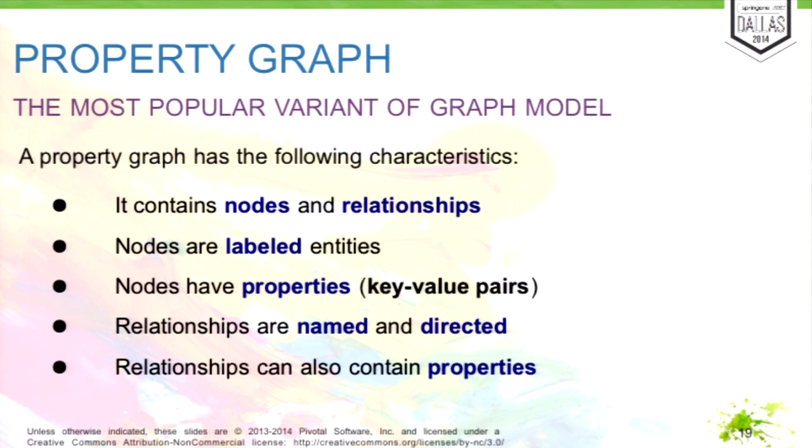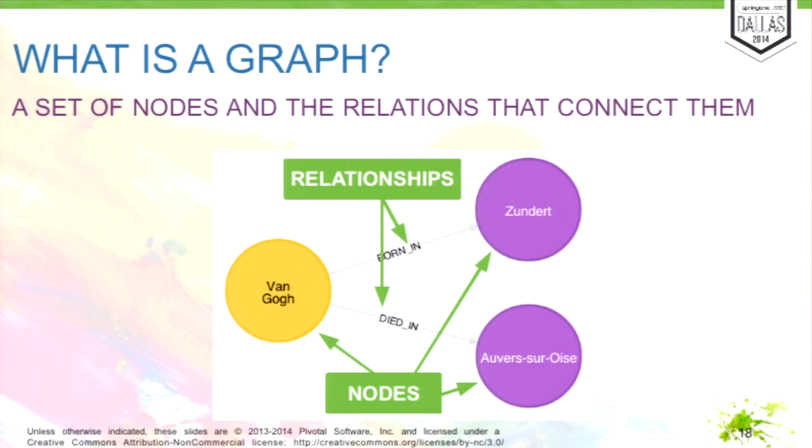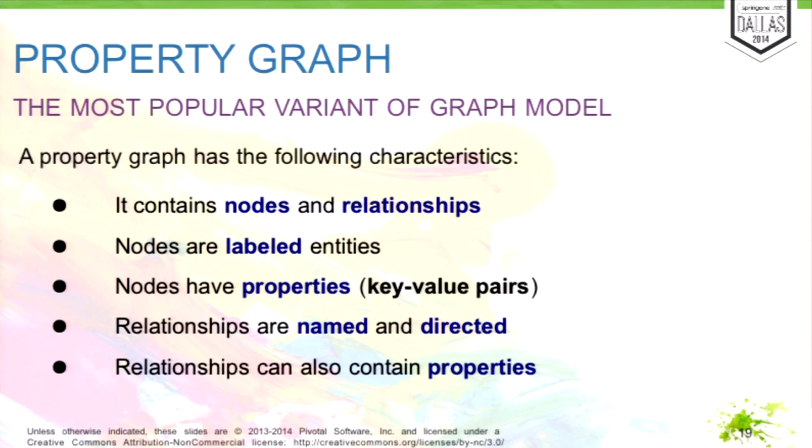In general, there are several graph models that graph databases support. The most popular one is the property graph model. There are also others like RDF linked data, the hypergraph model, and a few others. But interestingly, the simple model, where you have just nodes, relationships, and properties on nodes and relationships, which is really close to the object model that everyone is familiar with, is the one people like the most because it's easy to understand and easy to use. You don't have to get a knot in your brain to understand it.